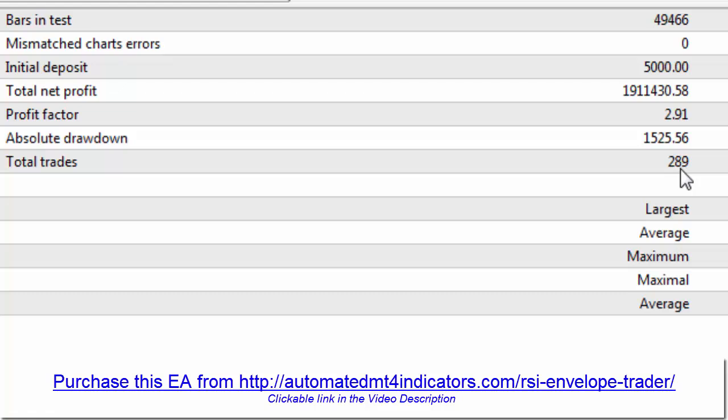So what we've got here is a really good all-round EA, fantastic in ordinary, low risk trading, and it has the potential of taking your account to very high levels when using the percentage of account basis. So as I said, this is a progress report. I'm just telling you where we are on this road to the 5K to 1 million concept. I think we've reached a really good point on that road. It still needs a lot of work. The EA itself will be available for purchase. It is a pretty robust EA, and it has brought us along the road towards getting closer to that 5K to 1 million